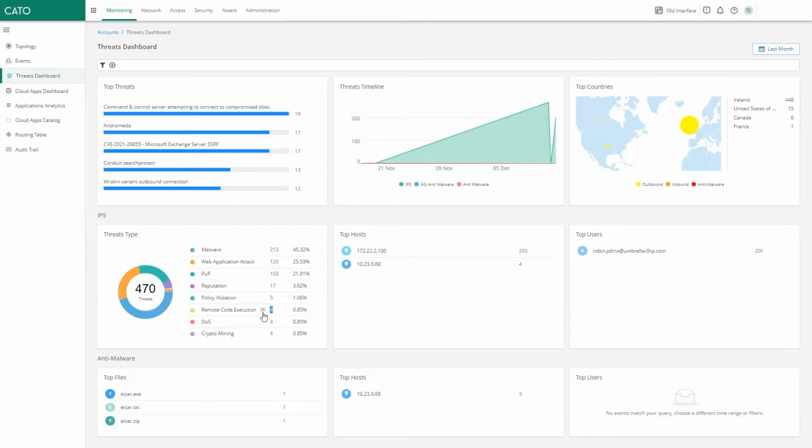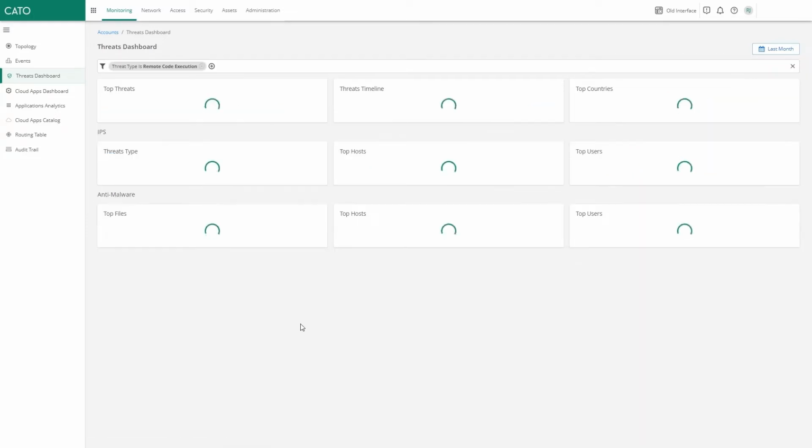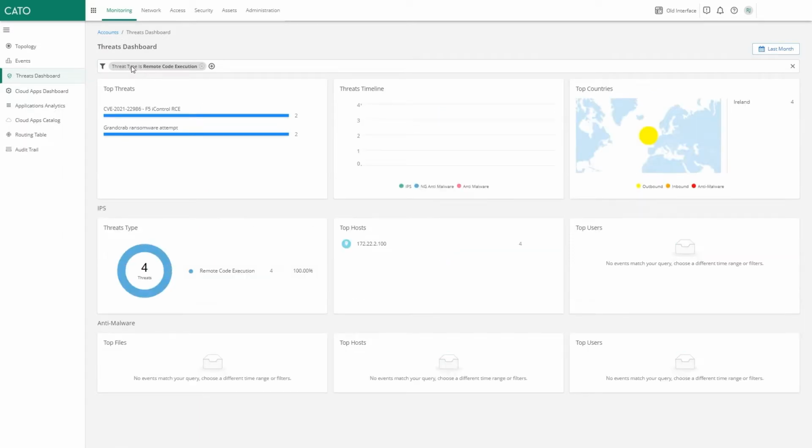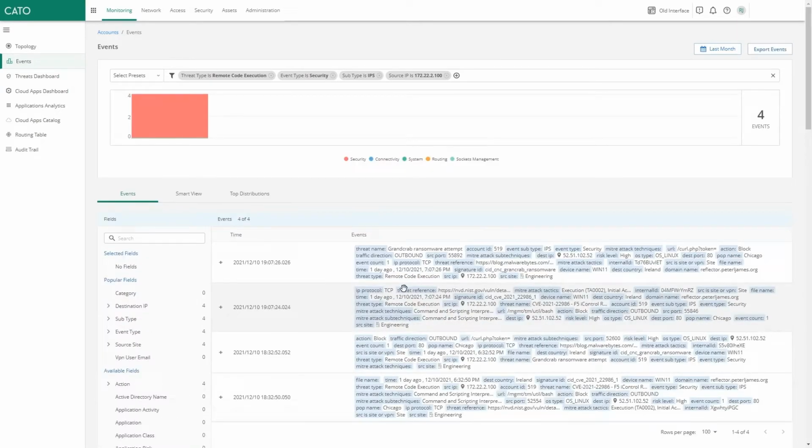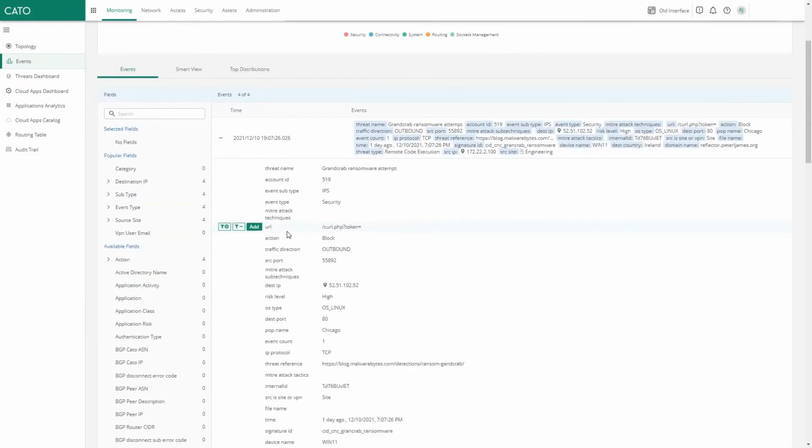By clicking on any of these little 3 lines, you have the option to either add this to a filter, exclude this from the filter, or go direct to the events. If I was to add this to a filter, you can now see at the top of the page it says threat type is remote code execution, and now I know exactly which CVEs or which ransomware attempts, which attacks, which vulnerabilities have been observed on your network. If I want to, I can see here that there's been 4 instances of this from this individual host. So let's click on the 3 lines, let's click view events, and now we've quickly gone down from millions of events down to 4. And these 4 events can quite easily be identified, they can be actioned,